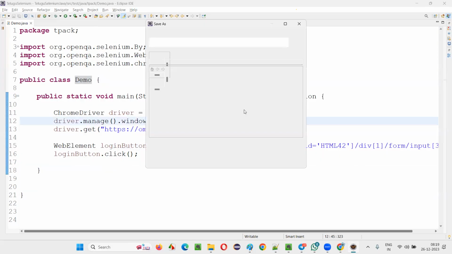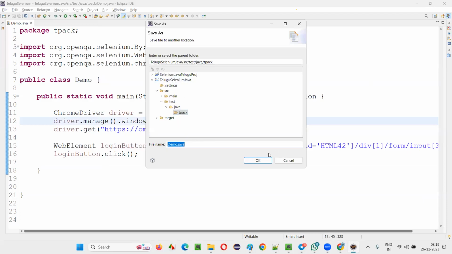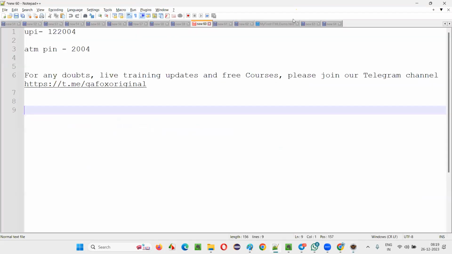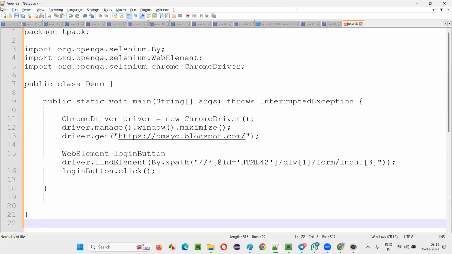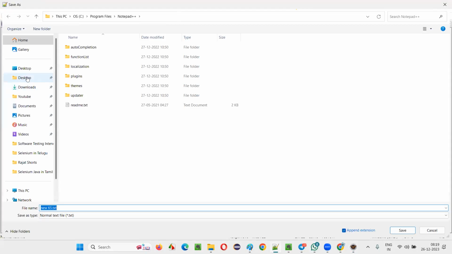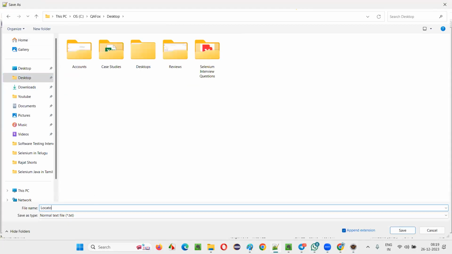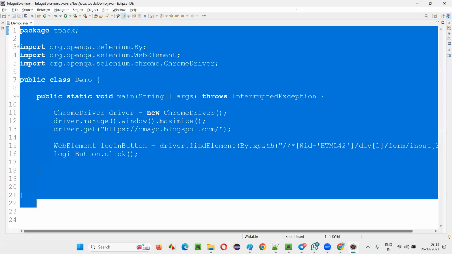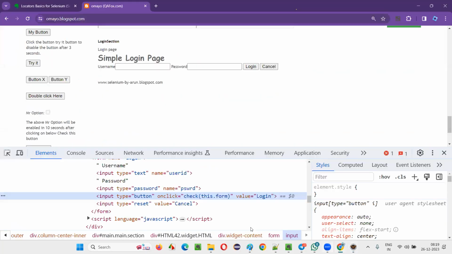File, save as. Okay, I also saved it. Fine. Thanks for reminding. Okay, next thing is